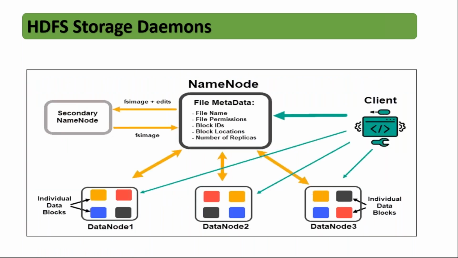So this is how the HDFS architecture will look like. Name node contains metadata, then data nodes. Each data node will have block information. Then you have a secondary name node. If you clearly observe this, only the name node is talking to data nodes, and data nodes are talking to the name node. But secondary name node talks only to the name node, and the name node talks to the secondary name node. Secondary name node will never talk to data nodes, remember that.